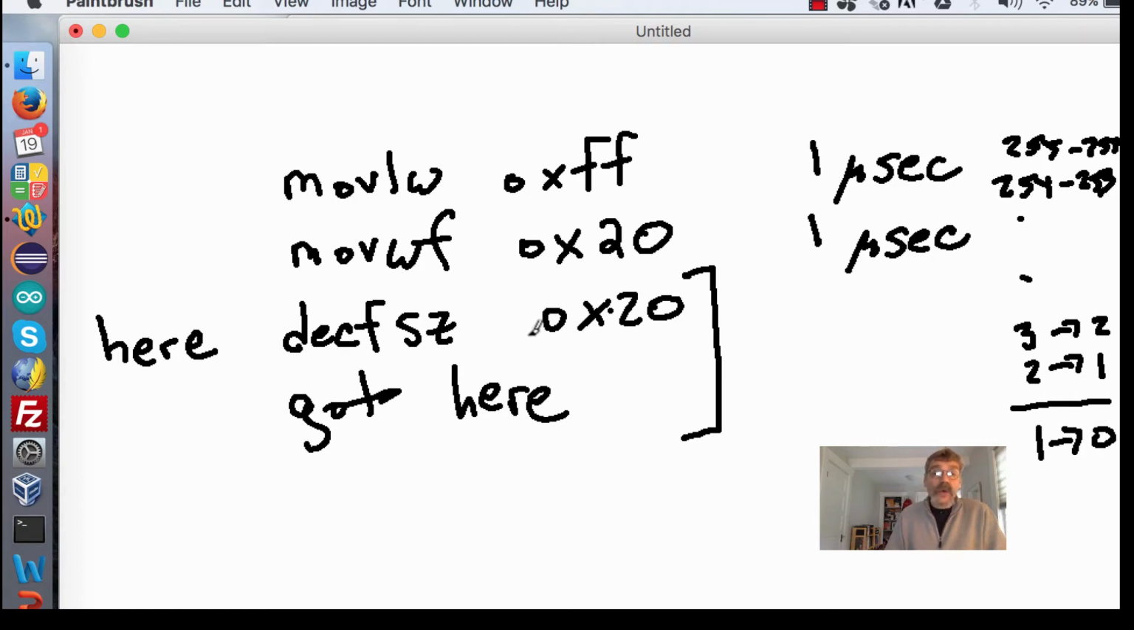Now, when it goes from 1 to 0, it's going to skip. Okay, it's not going to do the go to here. But it will do both of these instructions in all of these situations here. And the question is how many times is it doing that? Well, if I come over here and just look at the right side here, it looks like it's going from 1 up to 254. So this is going to be